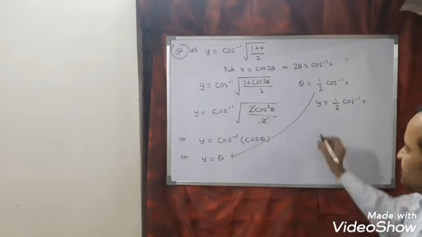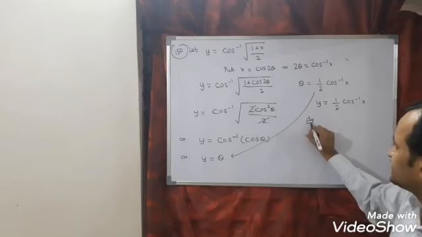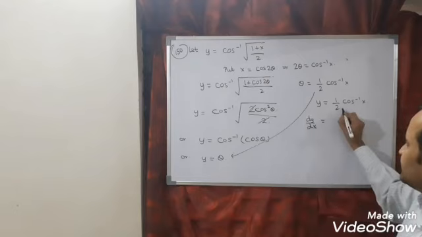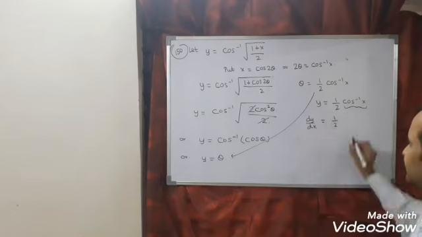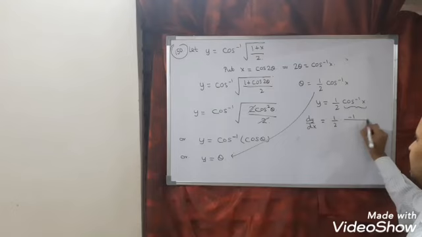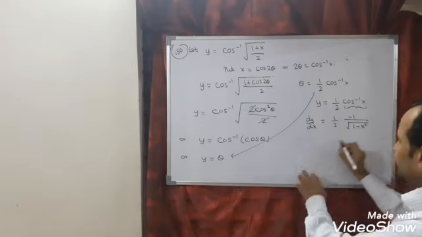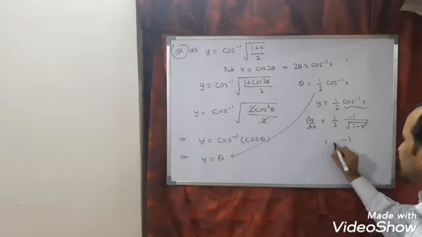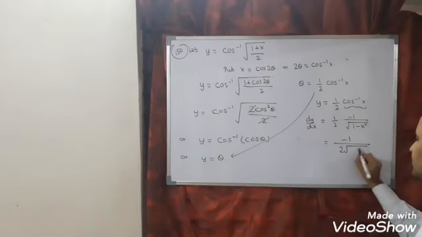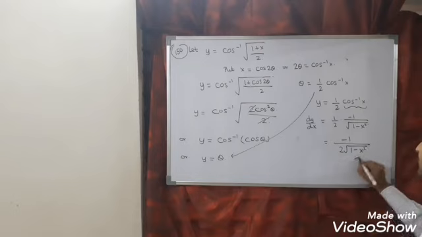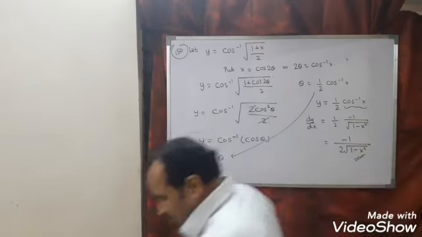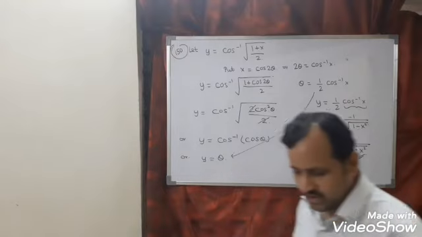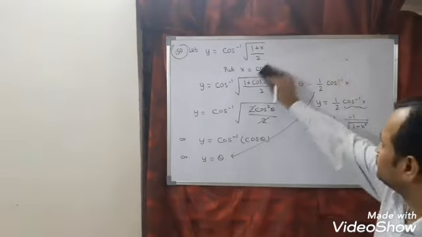Question is differentiation. So dy by dx is equal to 1 by 2, which is a constant, it will come outside. What is the differentiation of cos inverse x? It is minus 1 divided by square root of 1 minus x square. So finally I can say the answer is minus 1 by 2 times square root of 1 minus x square. So this is the required solution. Next, question number 151.